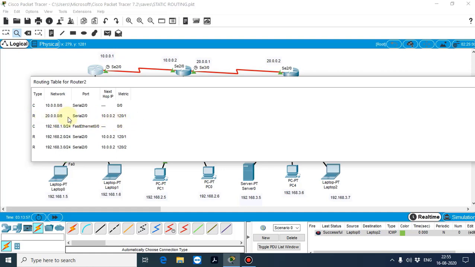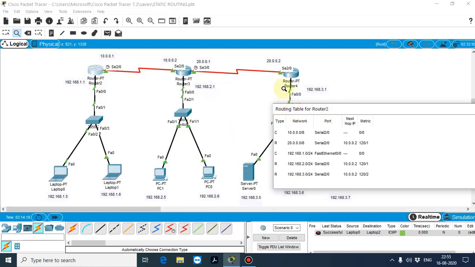So to pass this network, it has to travel via this network, that is the next hop for your network. We have not defined this path, but to travel data from this network, 20.0.0.0, it travels via this network, this is the end hop.